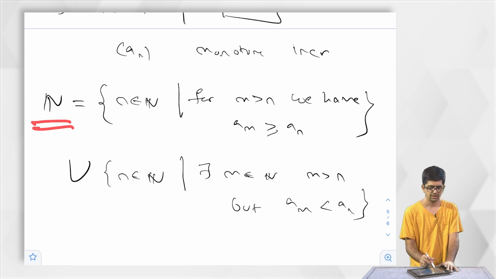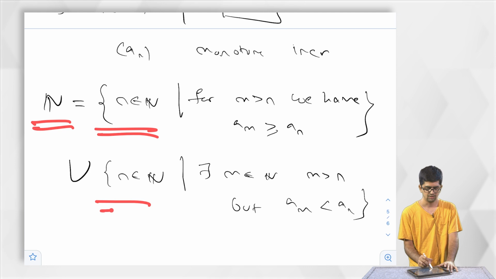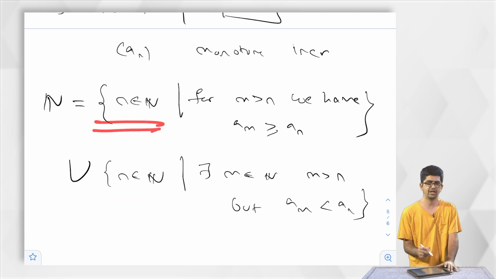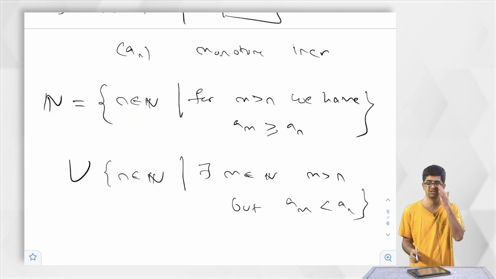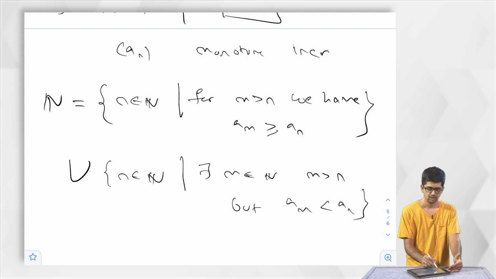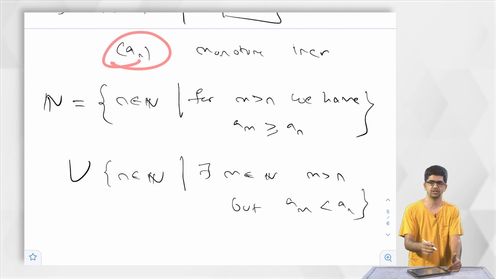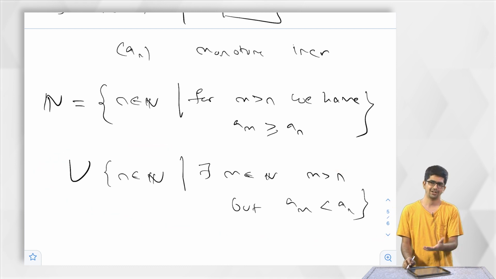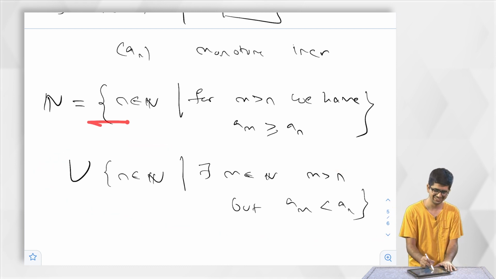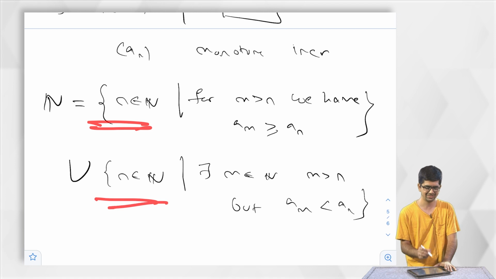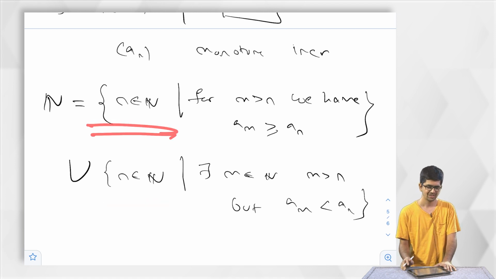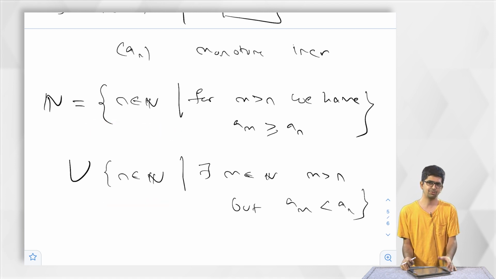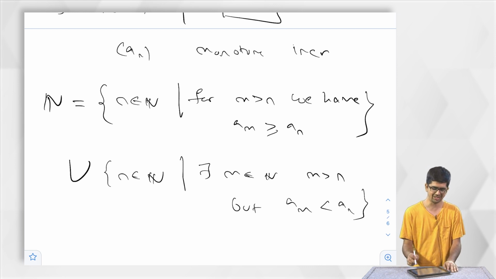So N is a union of two sets, and this says how nice it is, how near this sequence is to being monotone increasing. This says how far. I mean, this is actually just the complement of this, but still this seems to be supporting our cause, whatever we are fighting for.